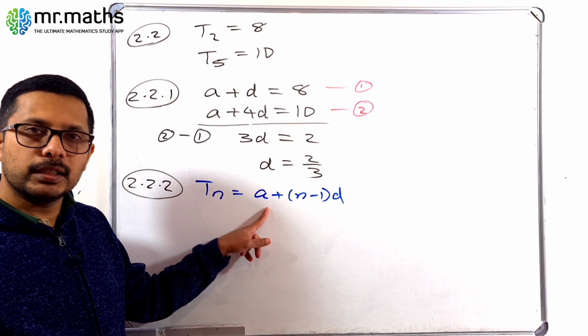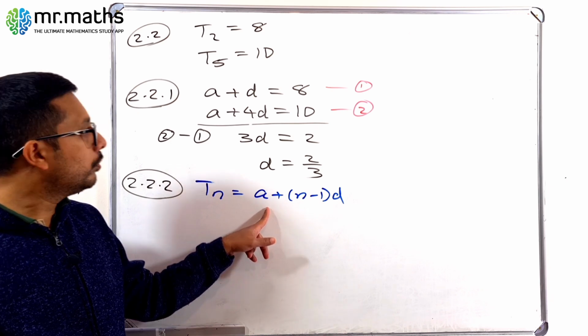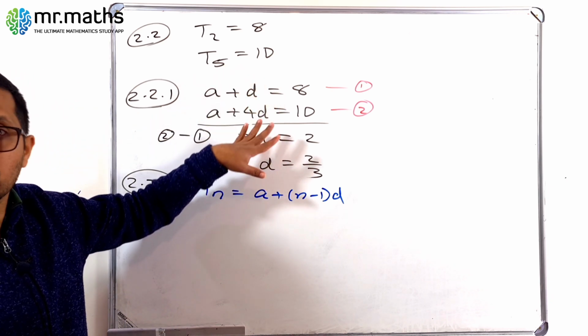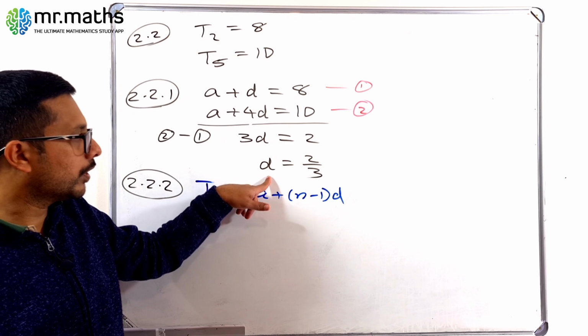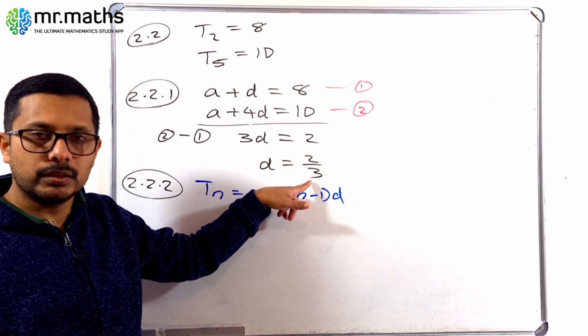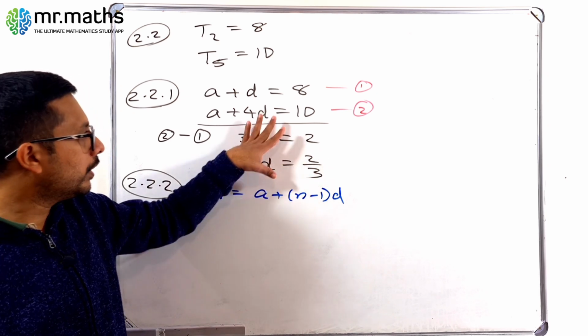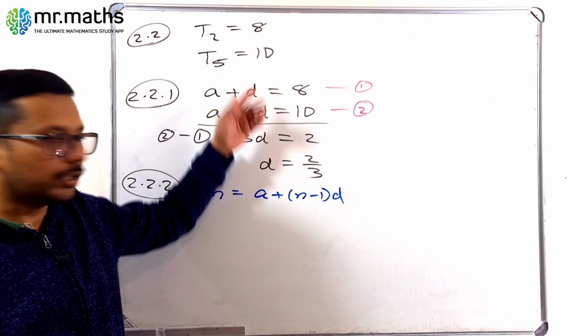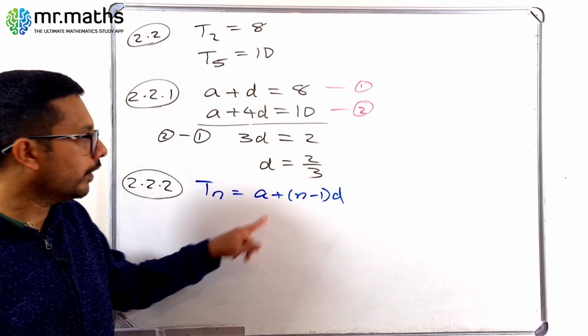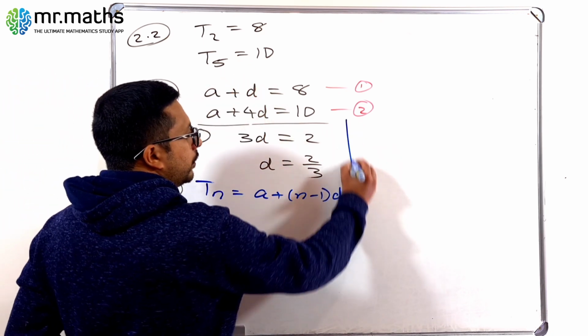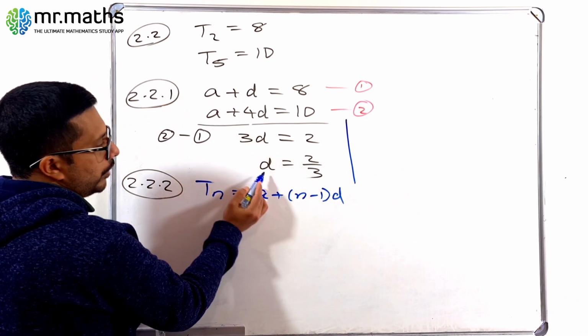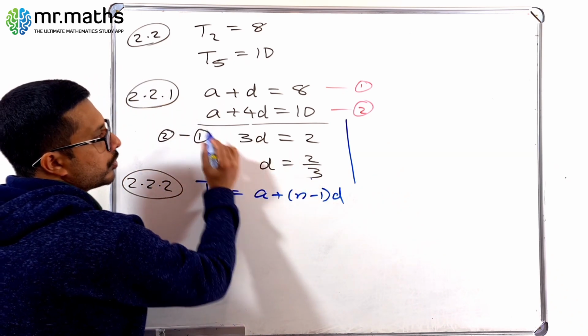What is this a? The first term. Do you know the first term here? No, we didn't find it. There the question was only to find d. So from this we have to find the first term a. Look at how I am going to find it here. The value of d is 2 over 3, so I am going to substitute